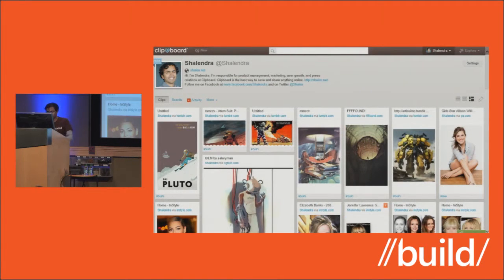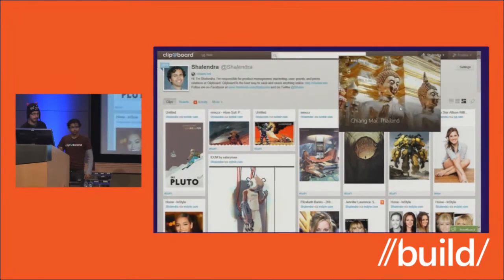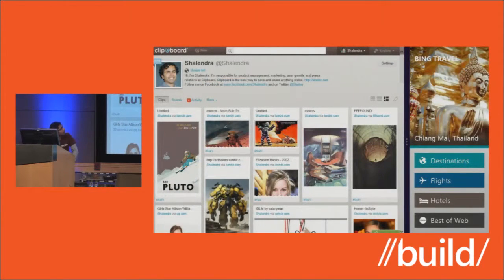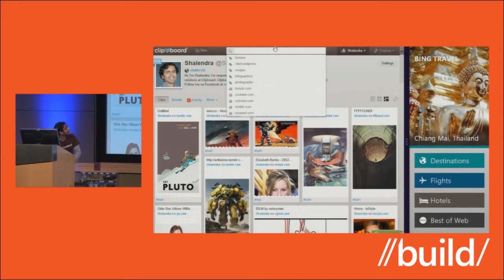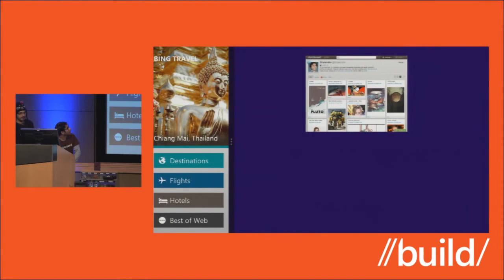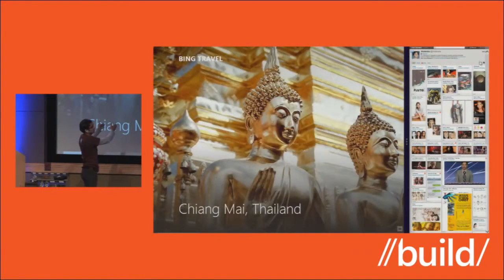Where are the other applications here? Right. So, for example, I'm using this Bing Travel app, and I want to also watch my clips here. So I can use this adaptive design and watch my clips here